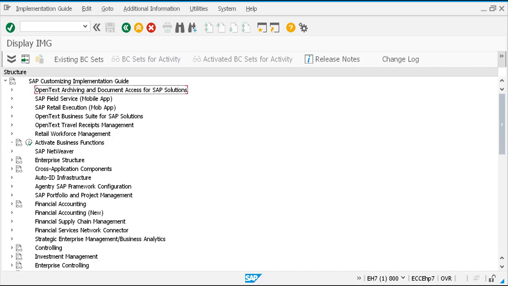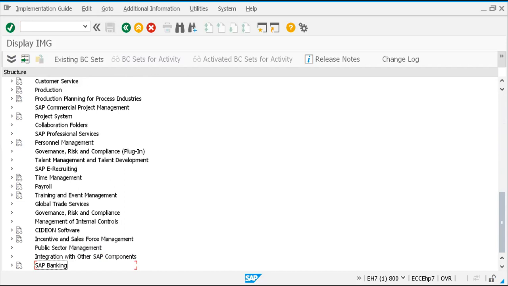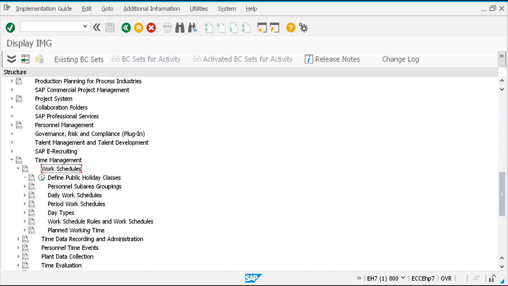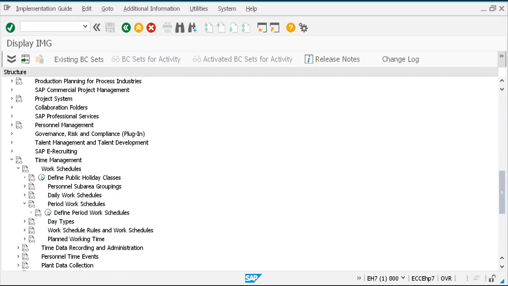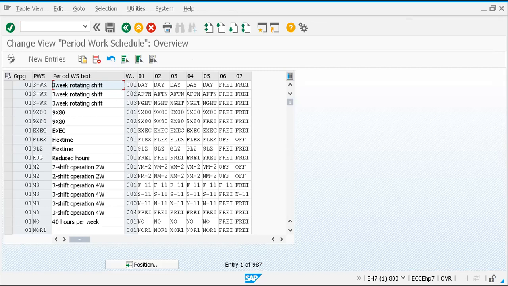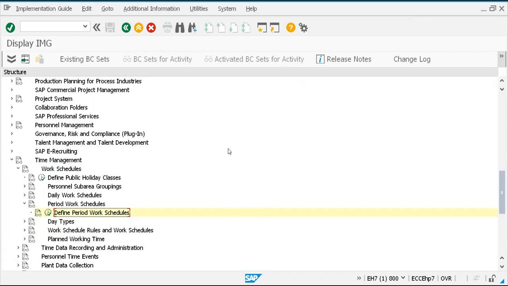And we checked time management, work schedule. Period work schedule is what we have done. This is a different system. Data is not existing, and I have to create data actually. Data we will create, and